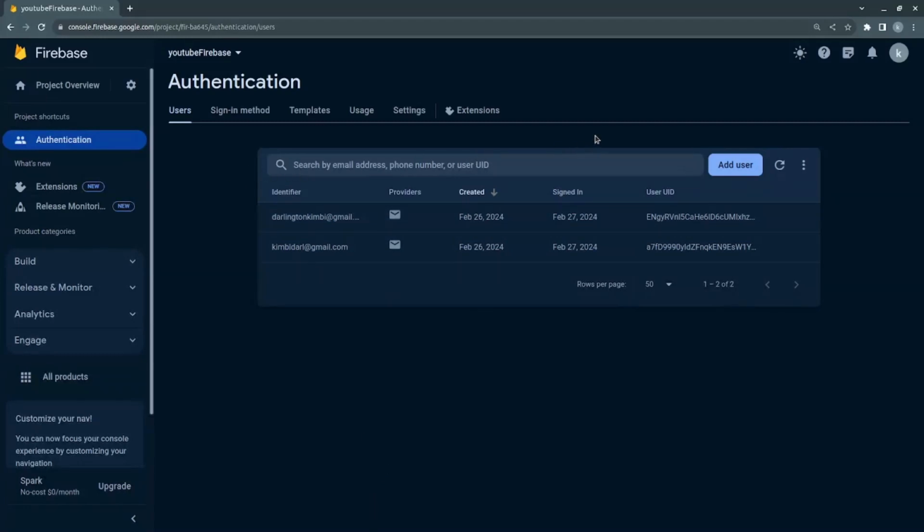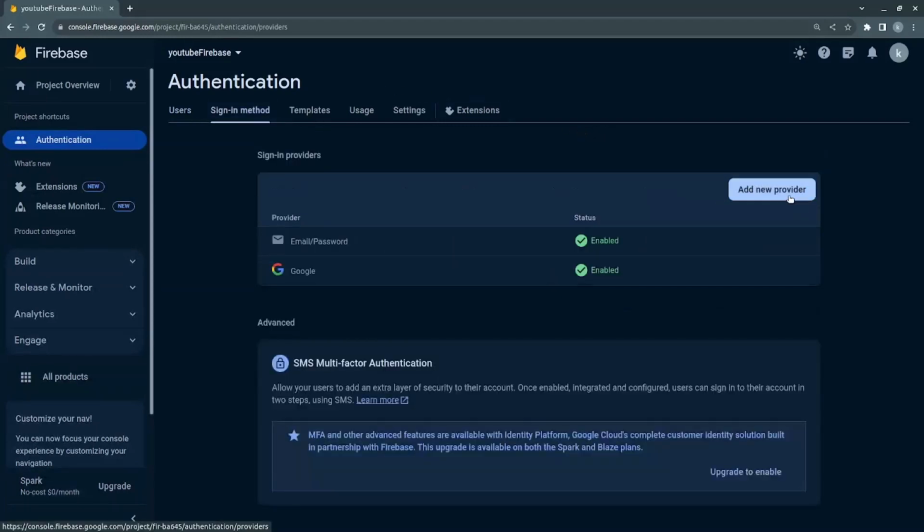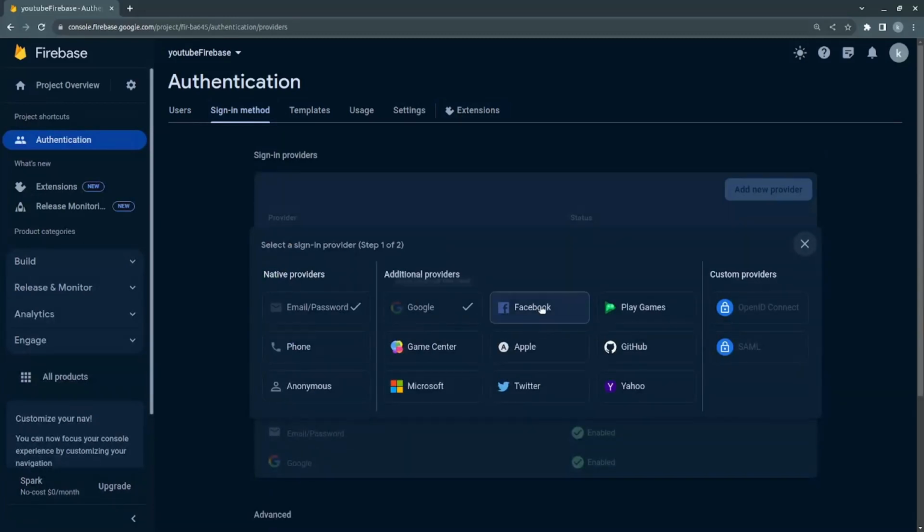So that is it for this video. In the next video, I will be showing you how to use other authentication methods such as the Google Auth method, or perhaps Facebook or Apple to sign into your application. But those videos depend on how you react to this video. So please let me know in the comments if you want me to do a video on all those other authentication methods, because implementing Google Auth in React Native is a bit complicated, and there are a lot of